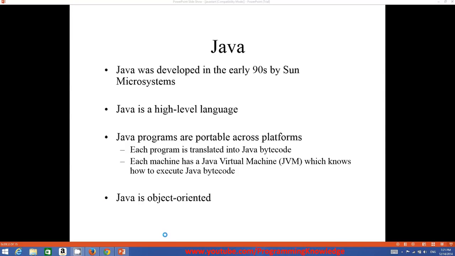So what is Java? Java is a high-level programming language which was developed by Sun Microsystems in the early 90s. As with any other high-level programming language like C Sharp or C++, Java is also a high-level language, but it's a little bit different from other languages in the sense that it's a cross-platform programming language which you can develop and run on multiple operating systems like Windows, Linux, and Mac OS or any